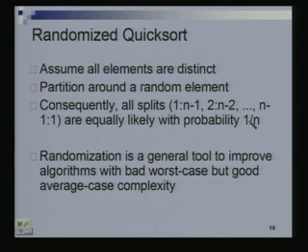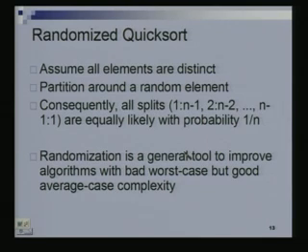You understand why they would all be equal? Because it's a random element, each element can be picked with equal probability. So if I have n elements and I pick the 10th smallest element, then I will get a 9 versus n minus 9 split or a 10 versus n minus 10 split. But what is the probability of picking the 10th smallest element? It is 1 by n, because I could have picked any element. I do not know what I am picking. The 10th smallest element is as likely as the 11th smallest element, which is as likely as the 12th smallest element. The probability of each one of them is the same.